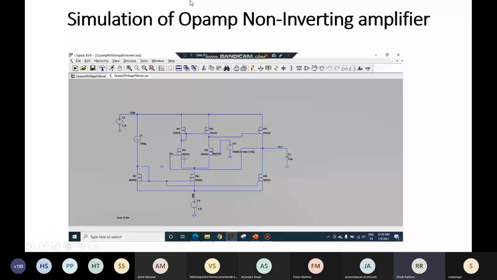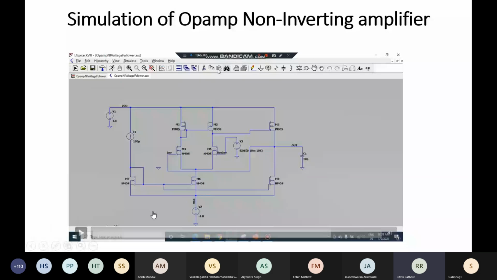Now we want to see the open loop condition here. For that, we will simply remove this feedback connection, which is coming from the output terminal to the inverting terminal. I'll cut out this connection and connect the inverting terminal to ground. So now input is connected to the non-inverting terminal and the inverting terminal is connected to ground. There is no feedback connection. In such a case, we expect the op-amp to be saturated even for small values of input. The output will no longer be sinusoid, but saturated. It will somewhat resemble a square waveform. So let us see that.